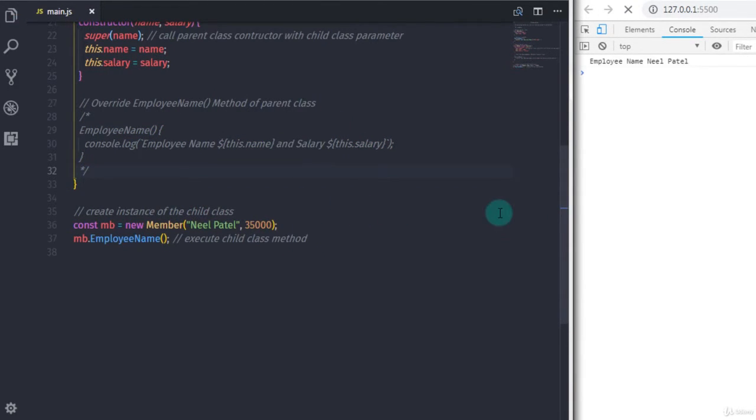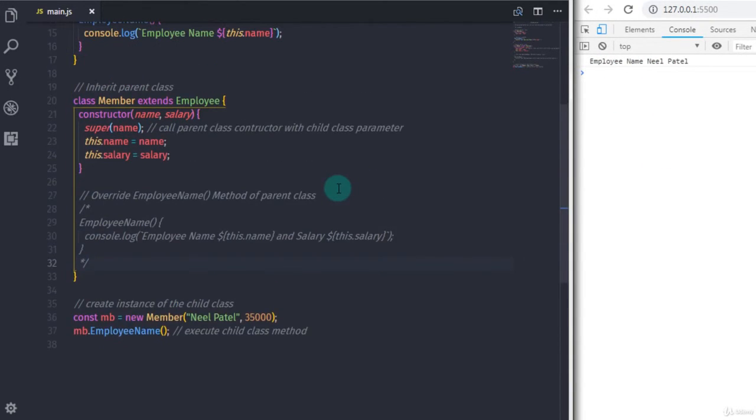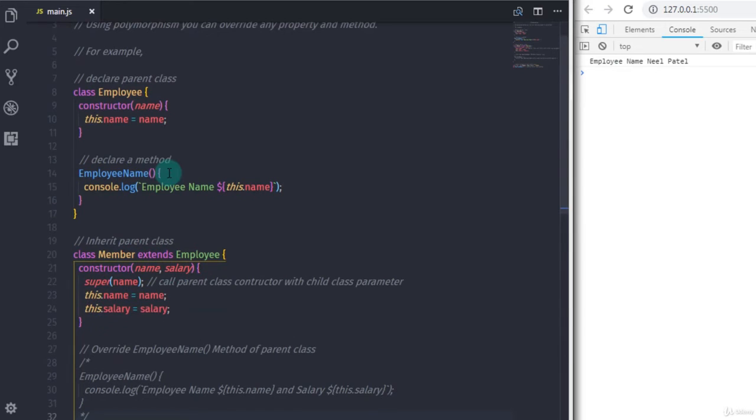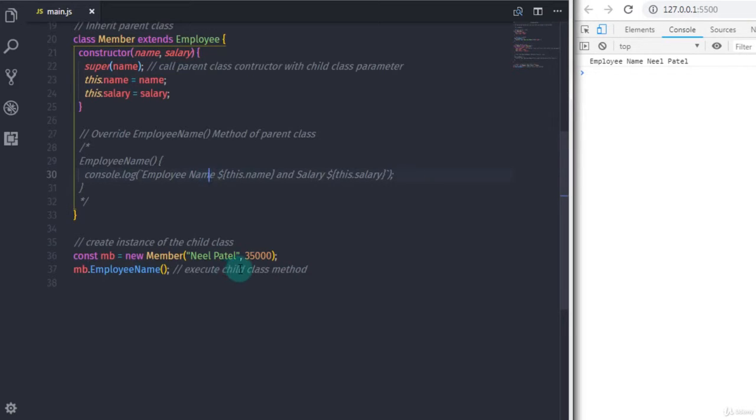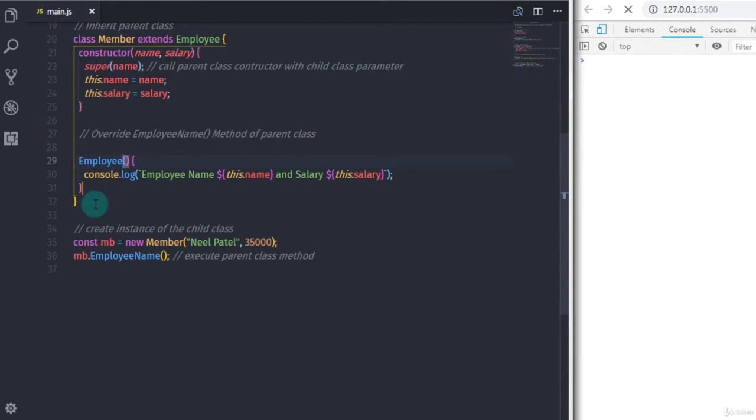So I will comment this method and execute this again. So you will get your employee name on the console. So this time JavaScript will execute the parent class method, right? And if you just change the name of the child class method, then also you will get the same output,